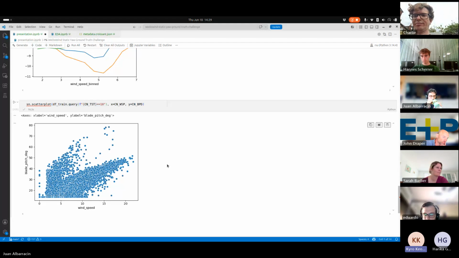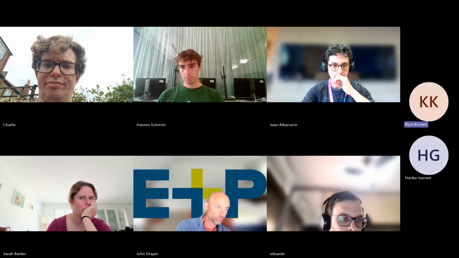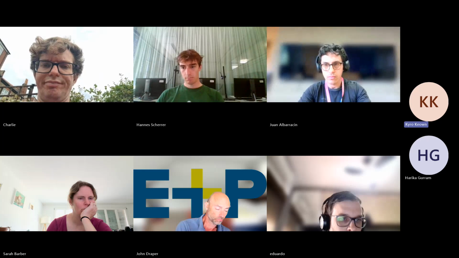this pitch behavior is obviously not normal at all, especially in the 0 to 5 range, which is between cut-in and rated power. That's obviously not normal pitch behavior. So I expected to see that pitch behavior correspond with the large spread on the power curves, basically underperformance impacting the power curve. But it actually was not at all related.